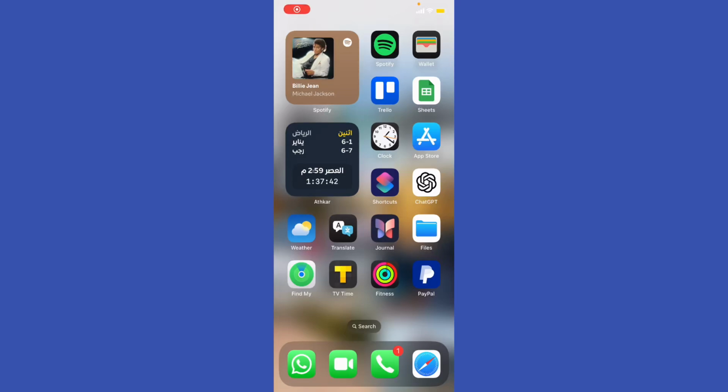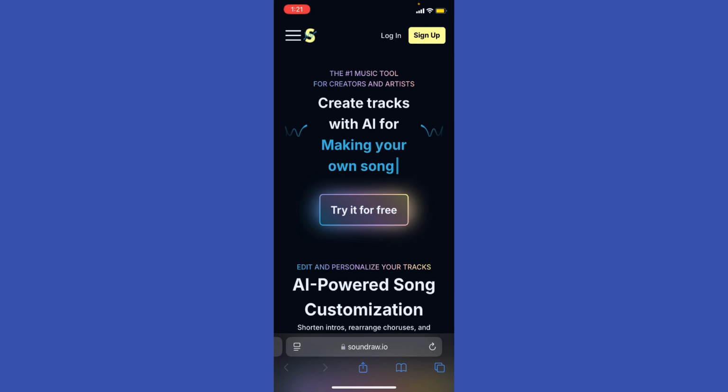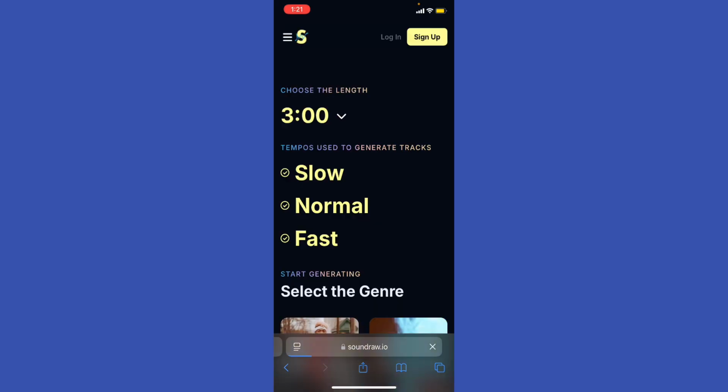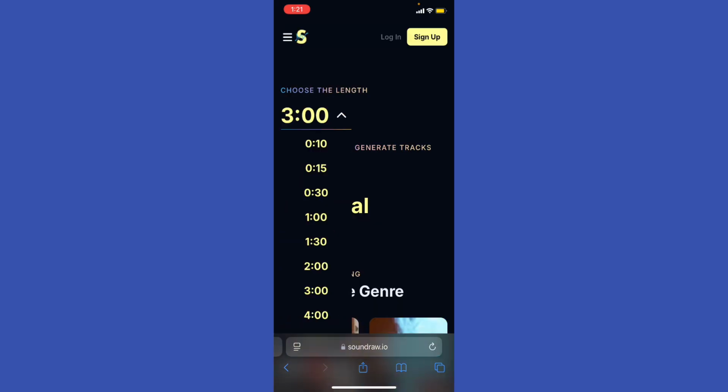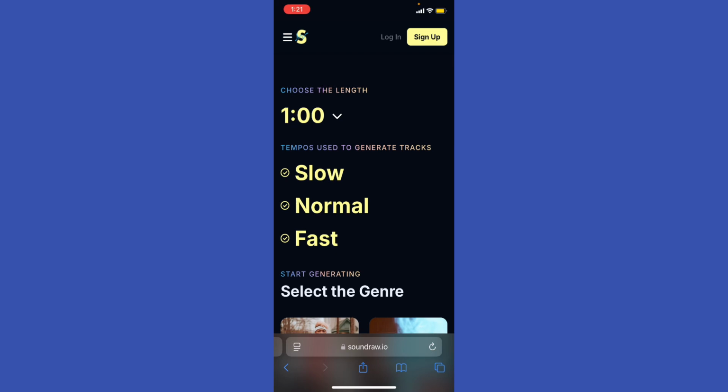How to use Soundraw for AI generated background music. So go ahead to the official website of soundraw.io. Okay, and now what you're gonna do, go ahead and click try it for free, right? And then you can choose the length. Let's say for example 1 minute, and choose the tempos used to generate the tracks, slow, let's say, or normal,